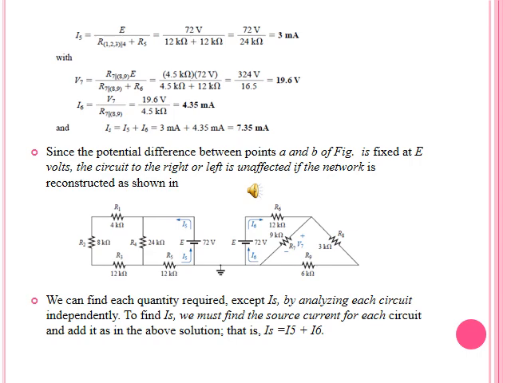For finding the value at R7, we are going to put R7 in parallel with R89 and multiply with the total E which was given, divided by the total resistance. The total resistance would be R7 in parallel with R89, plus R6. After finding this, we have the value of V7, the voltage across resistor R7. Our third target is I6.